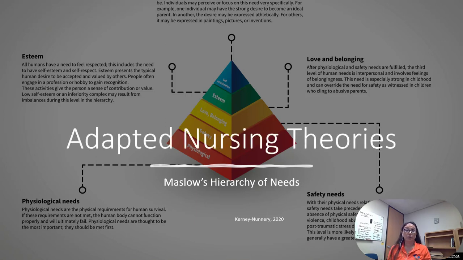Adapted theories include Maslow's hierarchy of needs, where you have the physiological needs. You need the food, shelter, water, excrement, those types of things, and then you move up the pyramid. Then you need safety, and once you have all of those things and you've developed this behavior of safety, you can go up to love and belonging, where you're seeking out interpersonal relationships. Then it builds on your esteem, and then you have self-actualization. So as you climb that pyramid,